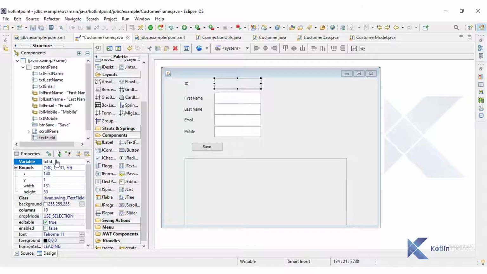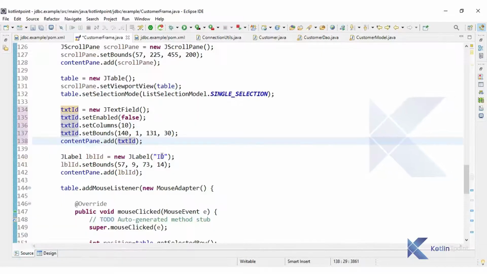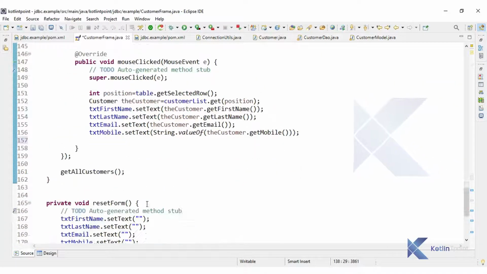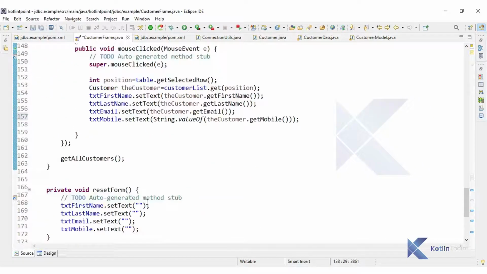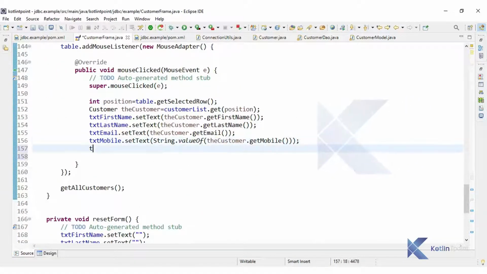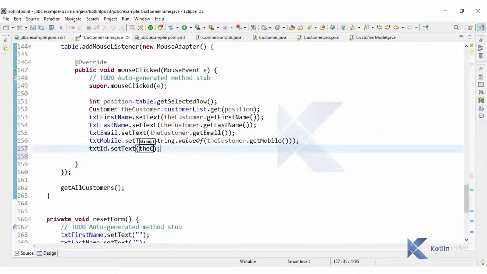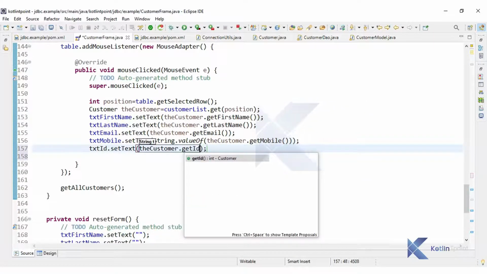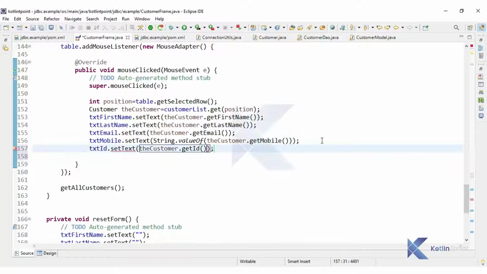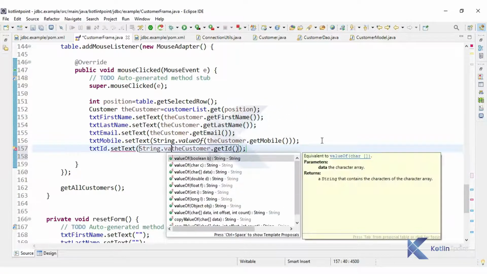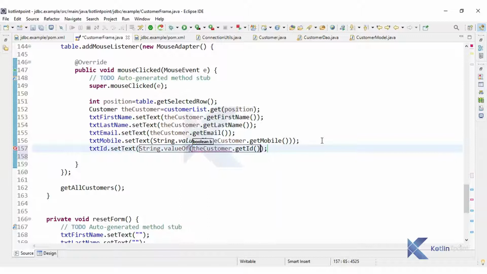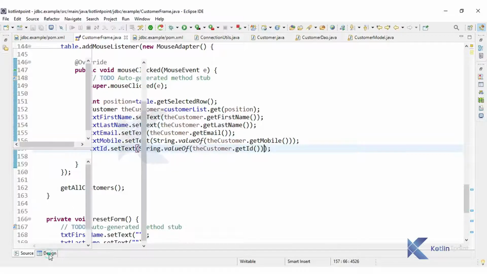Now inside the source I can set the id: txt id dot set text the customer dot get id, which is integer. So set text property requires a string value, so I will convert it to string. Okay, so id is ready, it is not editable, and two buttons we require.